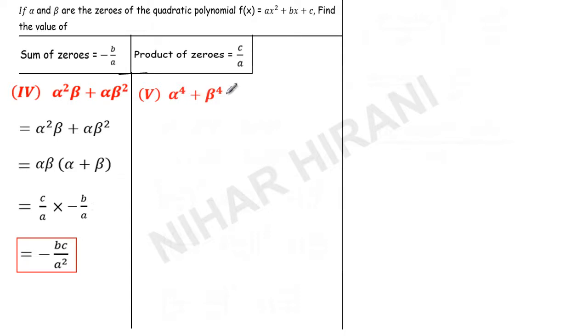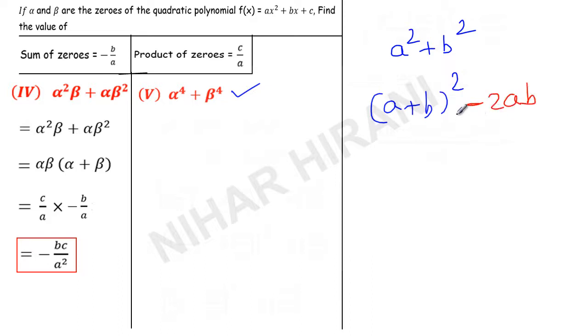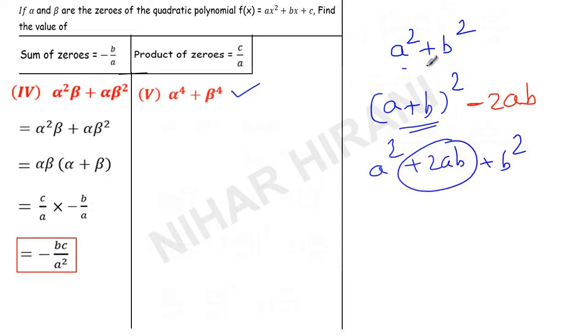So before I explain this, I want to explain something over here. Let us say you have a square plus b square. Now if I write a plus b whole square, then I have to subtract 2ab, isn't it? What is the reason? Because if you expand this, it will be a square plus 2ab plus b square, and the 2ab is what is extra. We have only a square plus b square, so if I want to write the whole square, I need to remove the effect of this. So I will subtract 2ab.